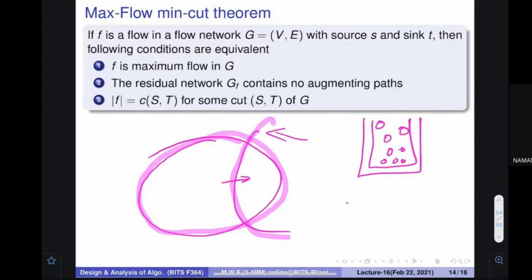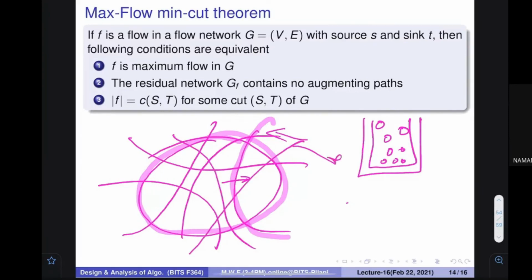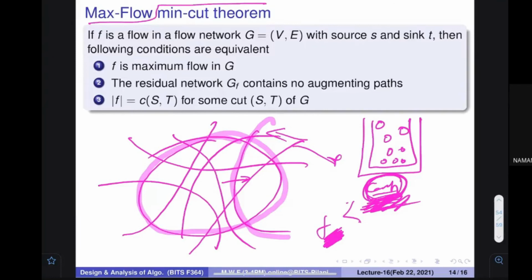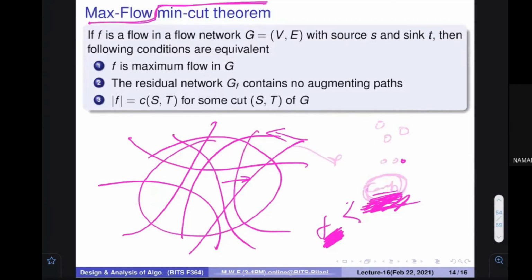Can you see this? Because you are cutting here, you are cutting here, you are cutting here, you are going to find different kinds of cuts. For all the cuts you are going to find a capacity, and your flow is going to be below the capacity. So essentially, of all the capacities, the minimum value that you can find from here, the maximum value of flow can only be equal to that particular value. Can you see this? Max flow min cut theorem means the maximum flow that is possible is equal to the capacity of the minimum cut of your network. Okay. So this is the max flow min cut theorem.